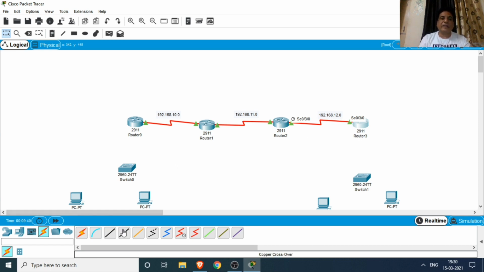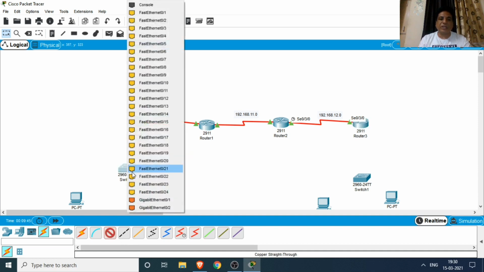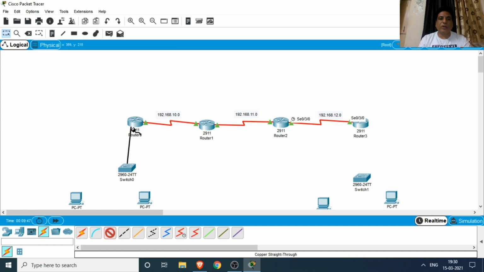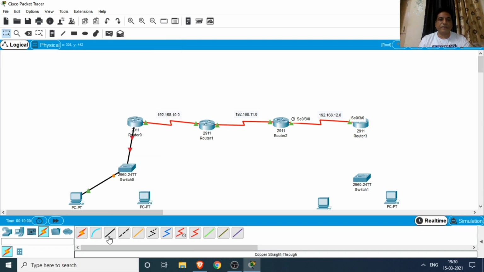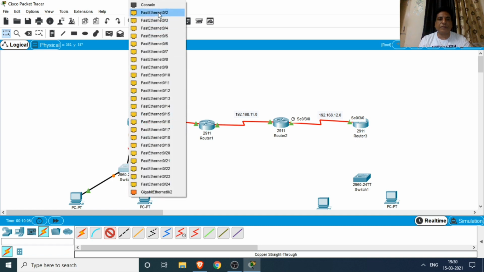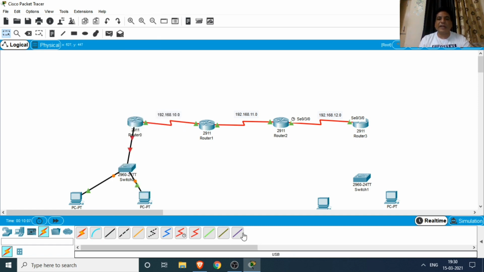Now we interconnect the switch with the routers. Here we are using the GigabitEthernet port to connect to the router's GigabitEthernet port 0/0. In a similar way, we are connecting the PC with the switch, from the first Ethernet port. Similarly on the right side, we are again connecting the switch's GigabitEthernet port to the router's GigabitEthernet port 0/0.